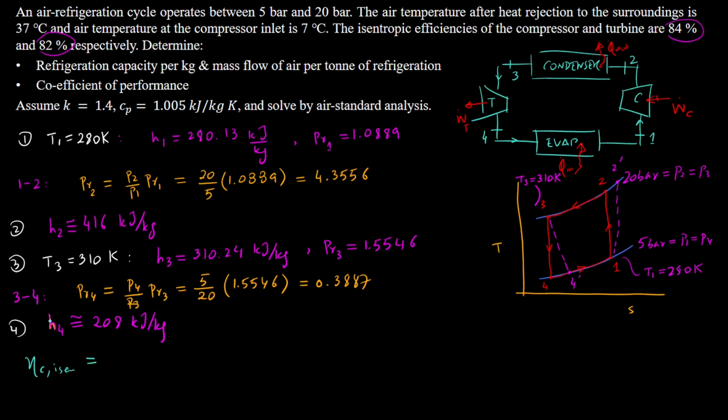That's going to be equal to the enthalpies across the isentropic process over here, 1 to 2, and H2' minus H1. So from here, if we simplify it, we're going to find out H2', and that's going to be 441.88